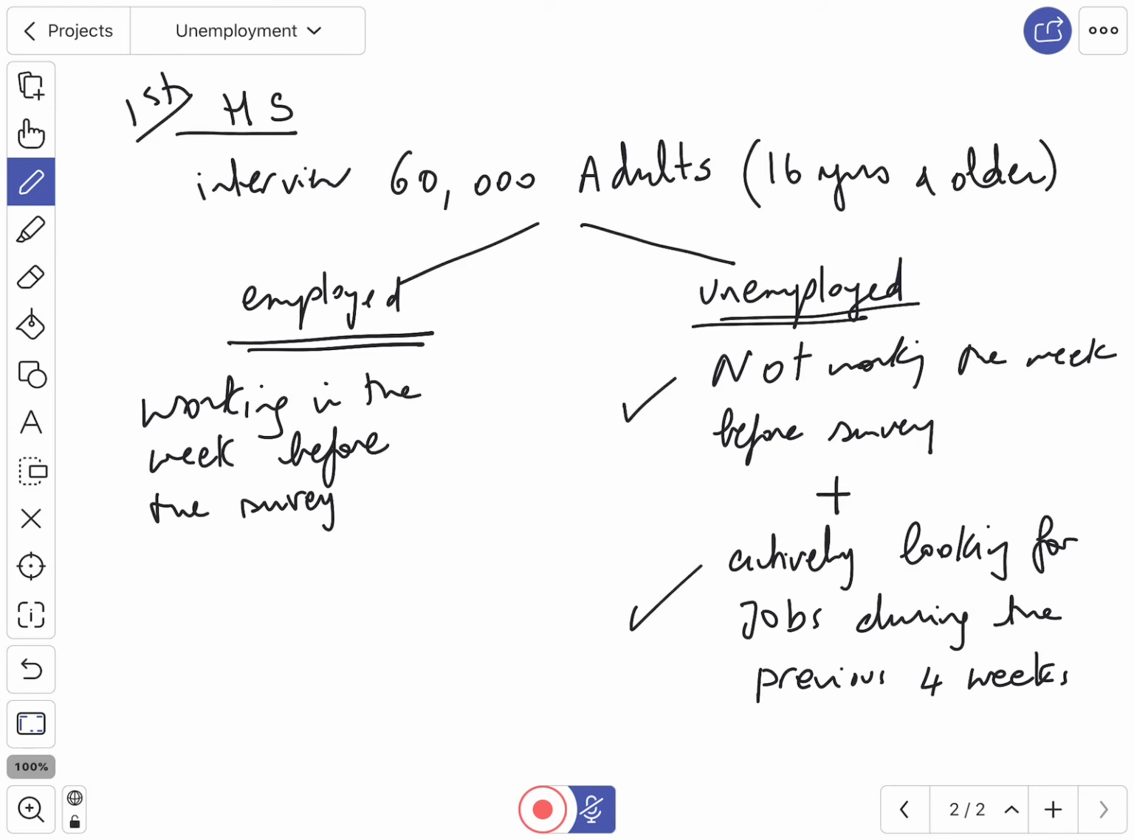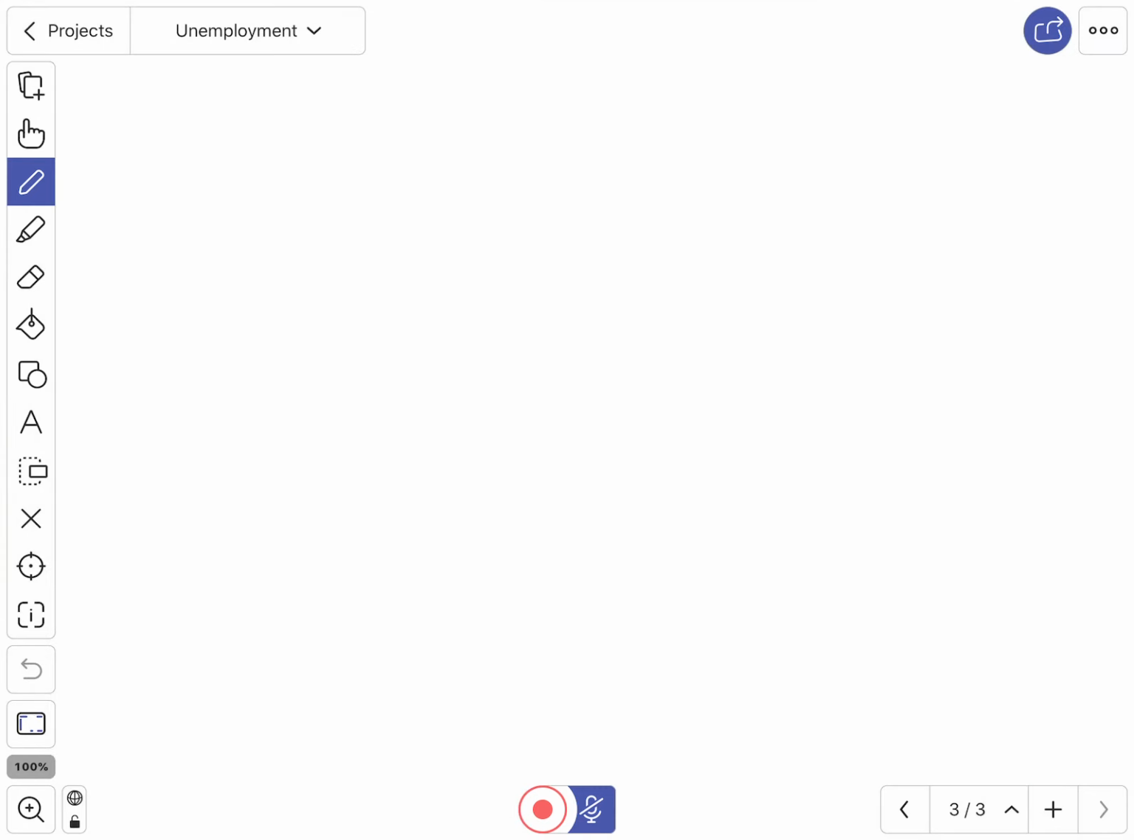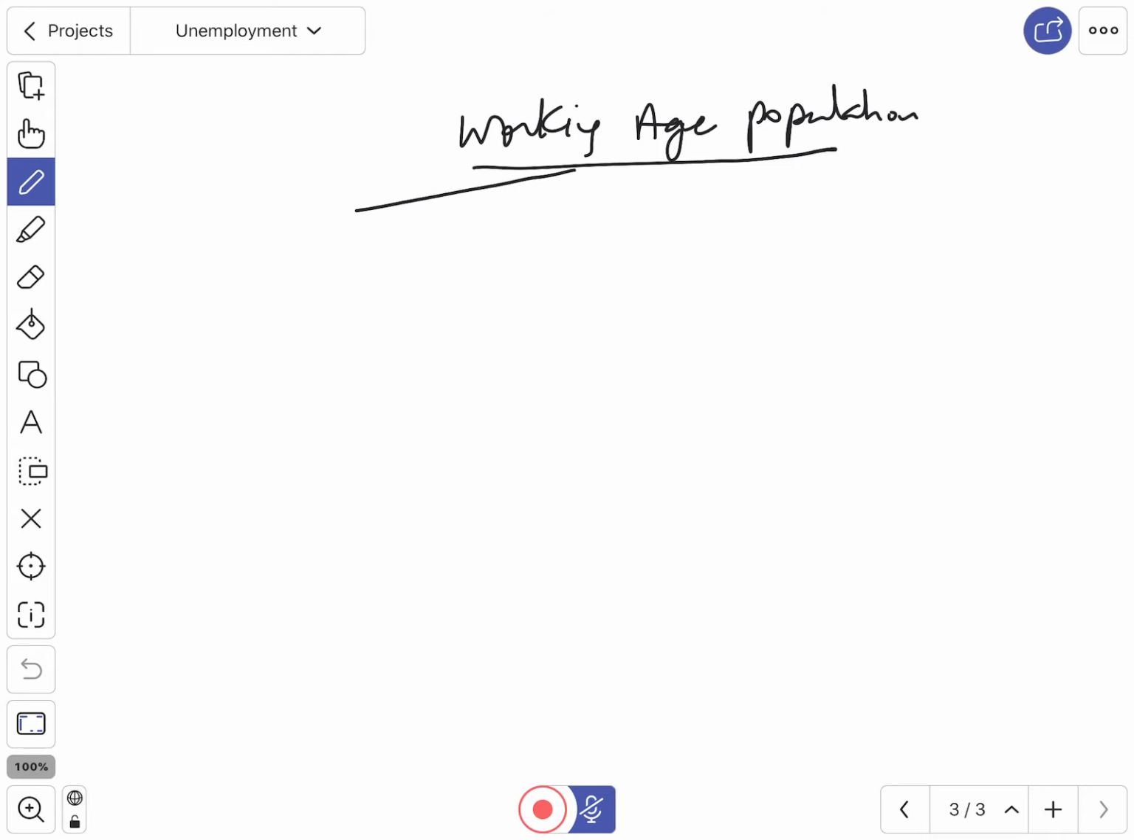Okay, so let's look at the bigger picture. So when you look at the bigger picture, you get those people who are called the working age population. Okay, this is the bigger picture of the previous slide, and we said those people are either employed or unemployed. Together they are called the labor force. So whether people are in the labor force, whether they are employed